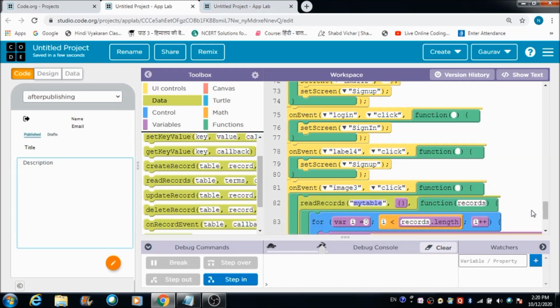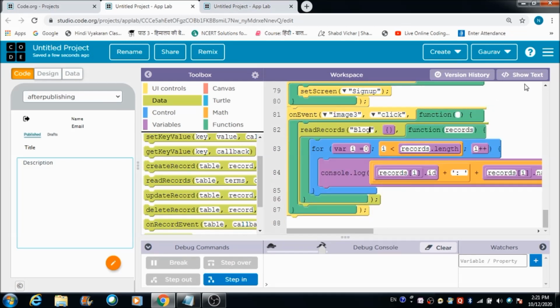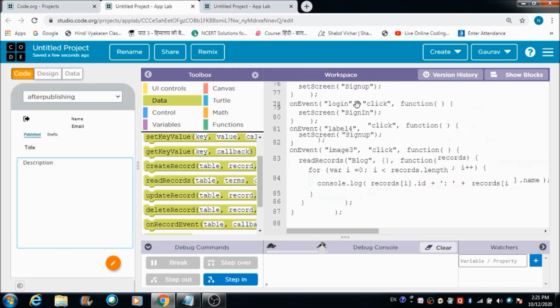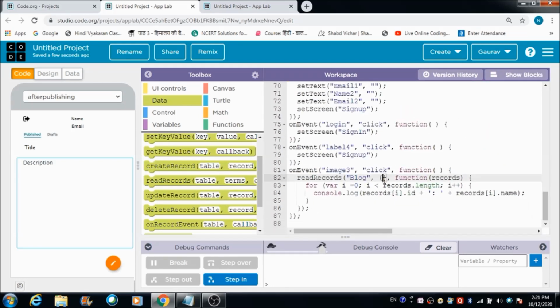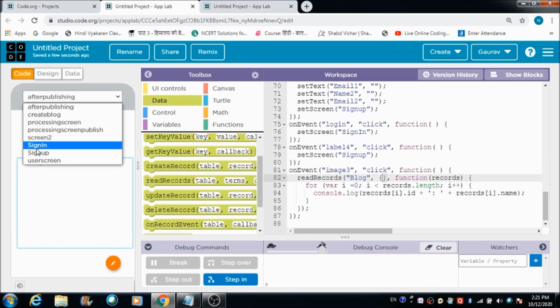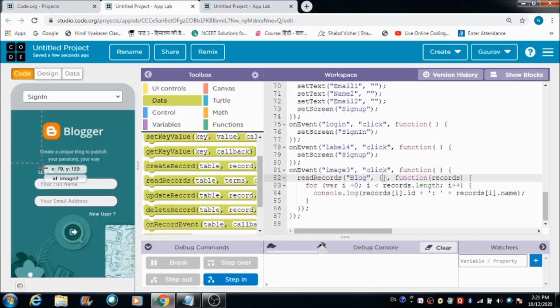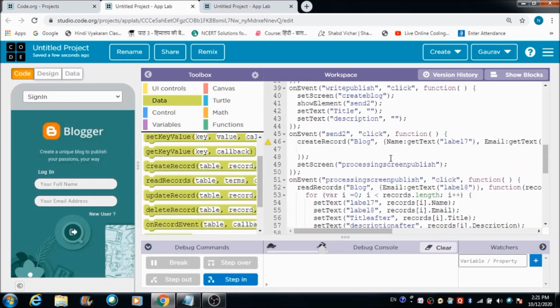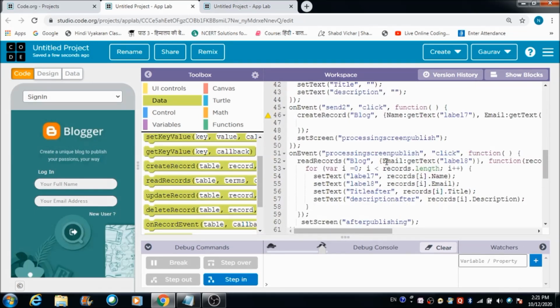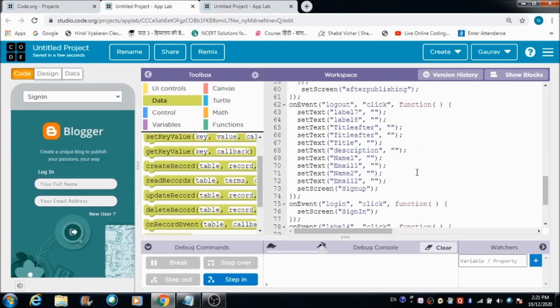Okay, and where are we going to read the records from? We are going to read it from the blog table. Okay, let's convert it back into block based code, and here we need to define a condition. What is the condition that we can define here for fetching the right information? So we can make use of this thing.